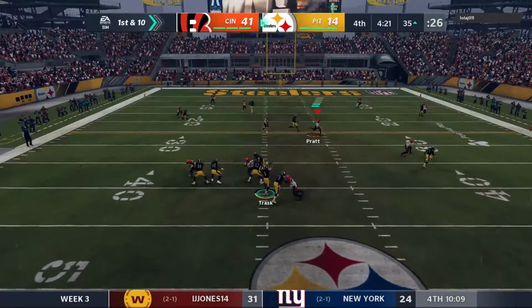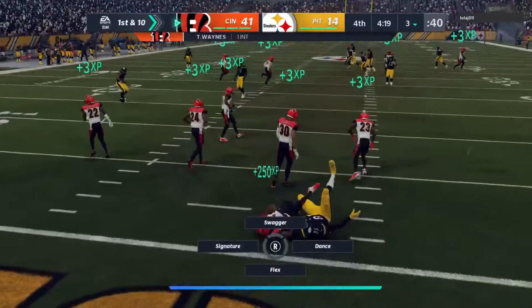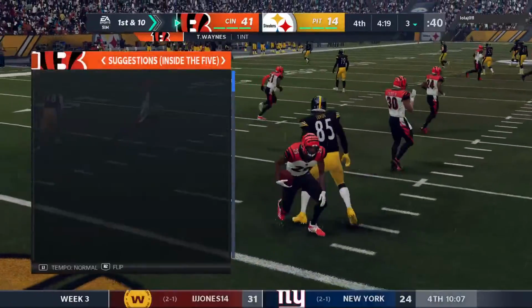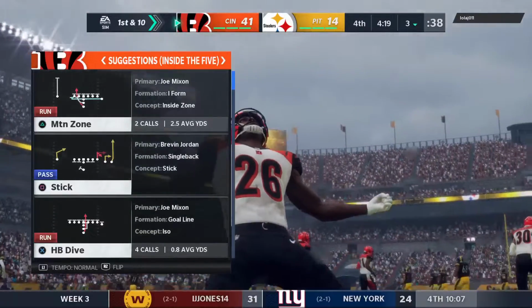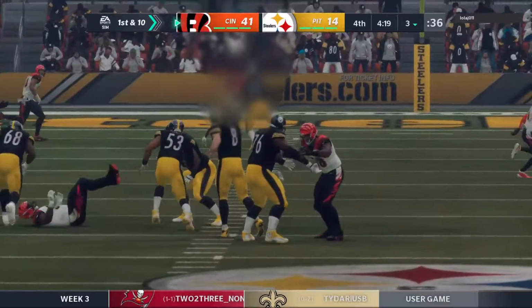They'll look to throw again. Looking deep here for Ebron. And now here is another interception, picked up by the former first-rounder Trey Waynes. And you have to wonder, Charles, in a game like this, 5 interceptions, what does this do to the psyche